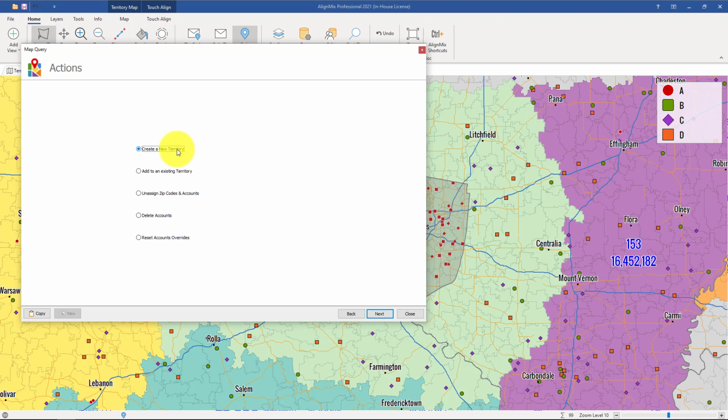From here, we can click on the next button, and we can create an account-based territory by assigning all of those accounts to a new territory, or even create account overrides by assigning all of those lassoed accounts to a different territory. We can even delete just those accounts that we've just lassoed. Now let's click here on